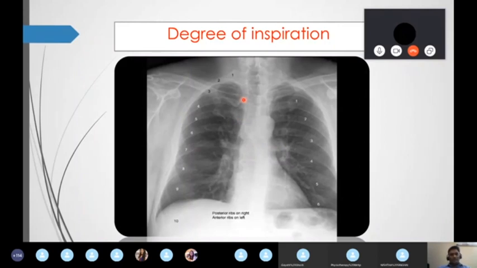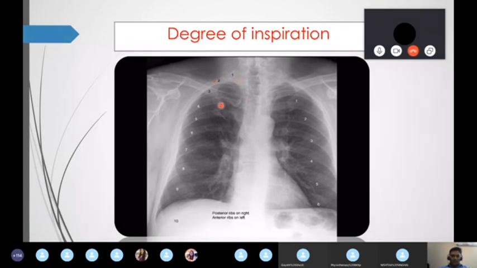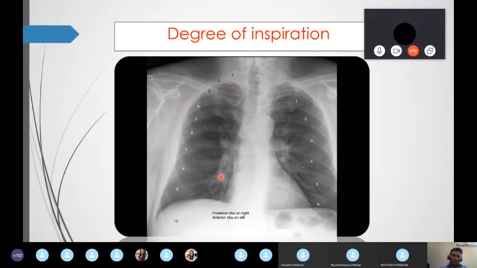I already clearly mentioned that whether you take an AP or PA X-ray, I'm going to see the ribs. AP ribs always look oblique. You can see here on the left side, these are all oblique ribs. And in PA, we are going to see horizontal ribs. Understand? So once again, AP ribs are always oblique, PA ribs are all horizontal, whether you take an AP or PA view.